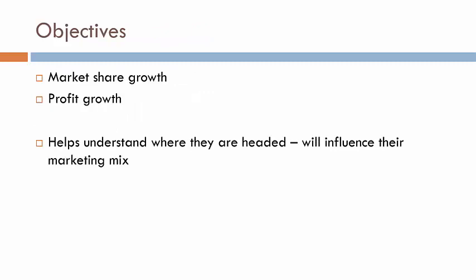Okay, so just like our company, competitors too will have objectives, which is what we just mentioned in the previous slide. So it's important to understand the competitors' objectives and goals, because that will form the basis of their strategies, right? Some very common objectives might be market share growth or even to grow profits. Why this topic is important is because first we understand the objectives, then we can understand the strategies. Or if we observe their strategies, then we can infer what objectives they were trying to achieve.